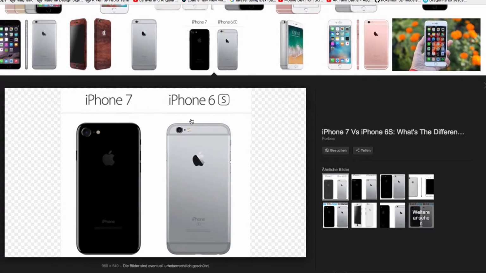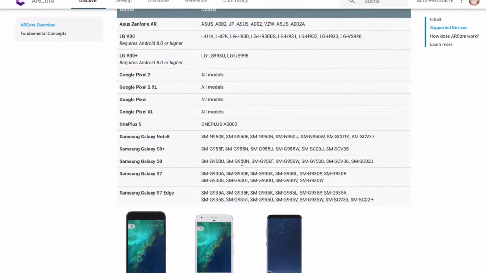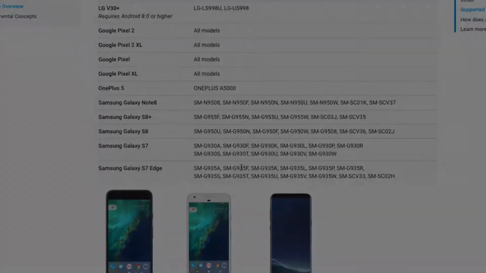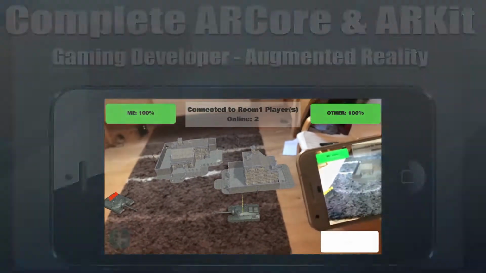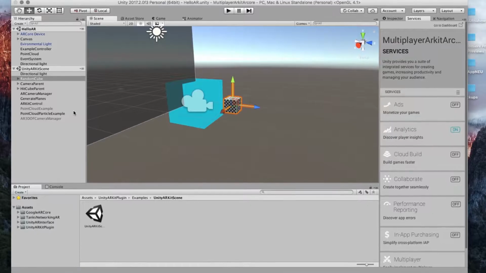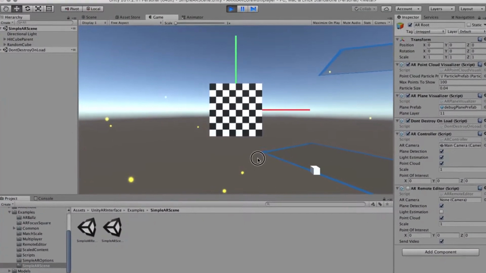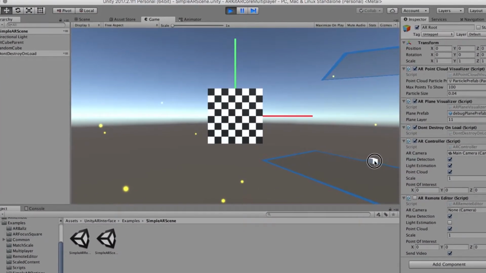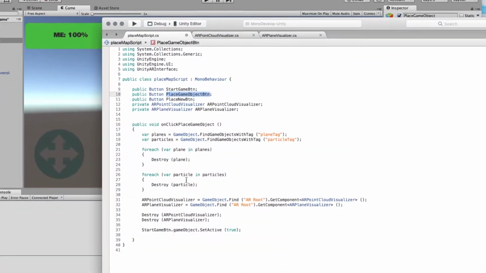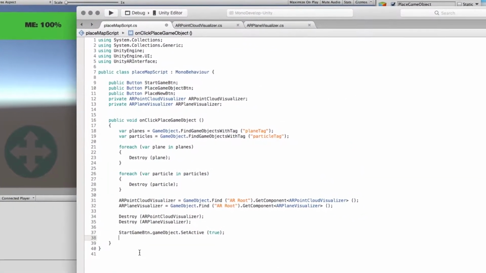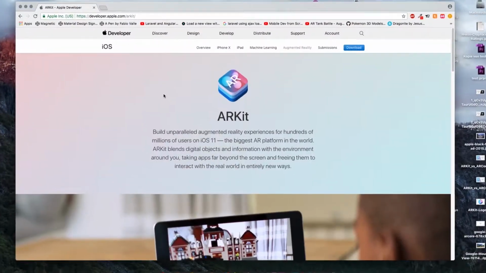Secondly, it doesn't matter if you are using an iPhone or an Android device. The apps we will code here from scratch are running on iOS and on Android. This is because we will use a special API from Unity, the so-called AR Interface, that combines ARCore from Google and ARKit from Apple in just one scene. That means you have to write the code only once, and nevertheless you can use this for the App Store and the Google Play Store.